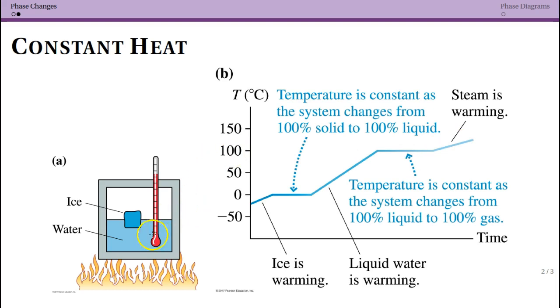So keep in mind that just because you have ice or just because you have steam, that doesn't mean you have a fixed temperature. And one thing that we'll talk about later when we learn more about heat is what's going on in these periods of time where we know we're putting energy in, but we see the temperature not changing because the phase is changing.